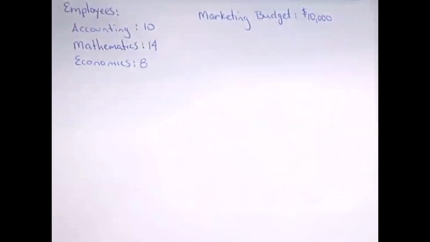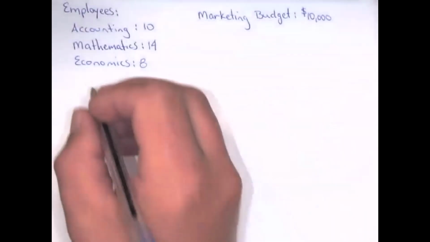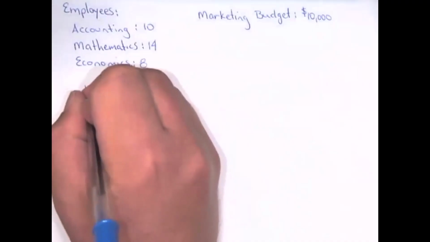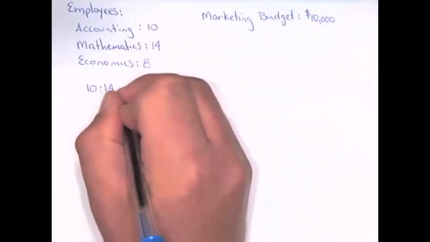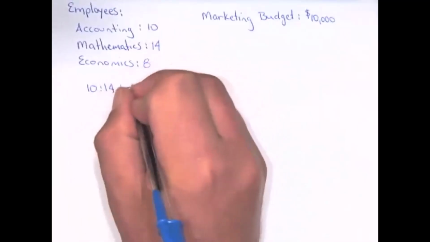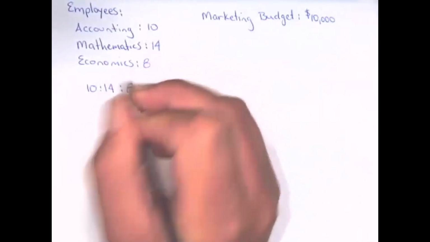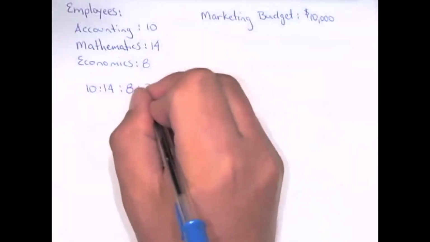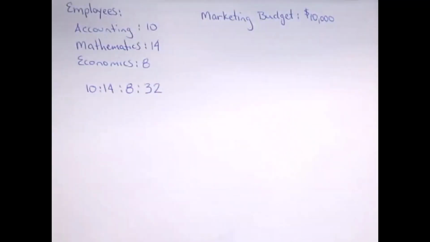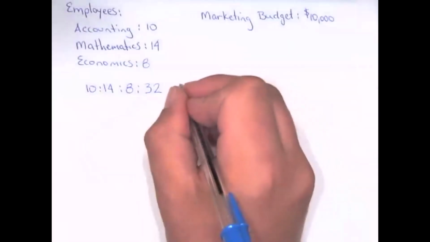So if we look at this as a ratio, we have 10 accountants compared to 14 mathematicians compared to 8 economists. And we're going to compare that to a total. And the total number of employees is 32. Okay, now this is equal to